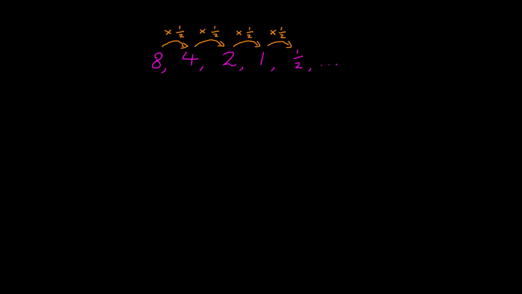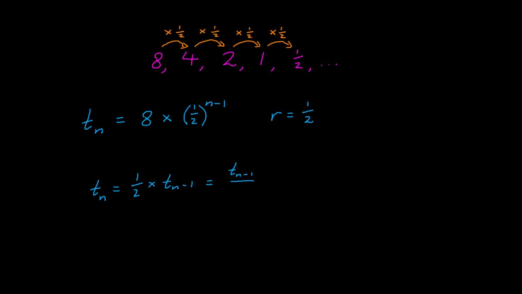So for this sequence, the explicit formula would be that the nth term is 8 times half to the power of n minus 1. And it has a common ratio of a half. We can also write the recursive formula as Tn equals half of Tn minus 1, or Tn minus 1 over 2, with the first term